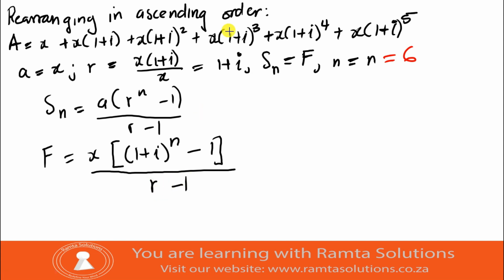So, oh sorry, not r minus 1. We said r is 1 plus I. 1 plus I minus 1. Okay, it's okay to leave it like this, but you need to be careful. This represents the number of terms. If we say n is basically,